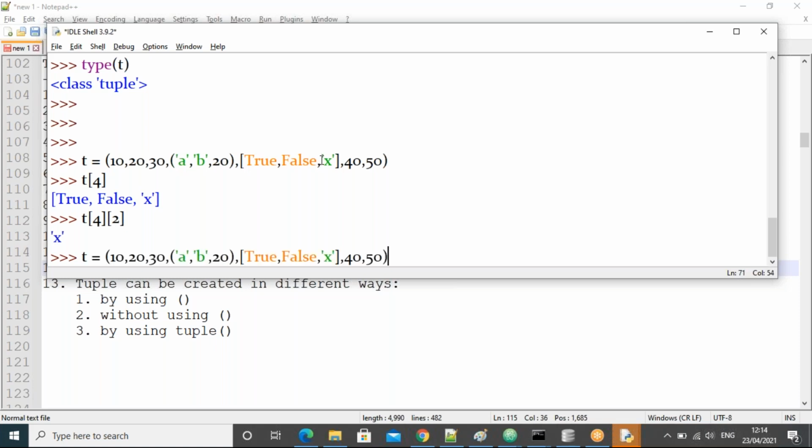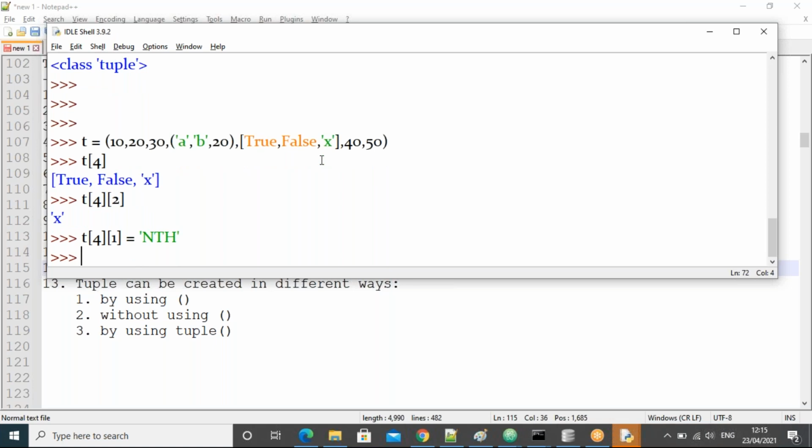Let us see now. What is the index number of the false? One, guys, right? One is the index number of false. Now I'm taking here nth. All of you observe here. It's possible. Why possible? I'm working on the list here, not on the tuple, guys.